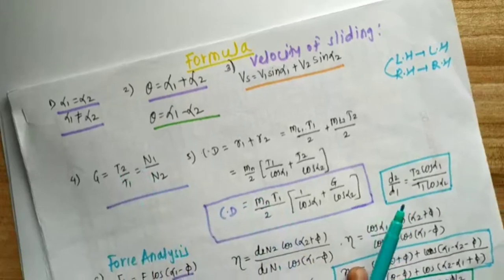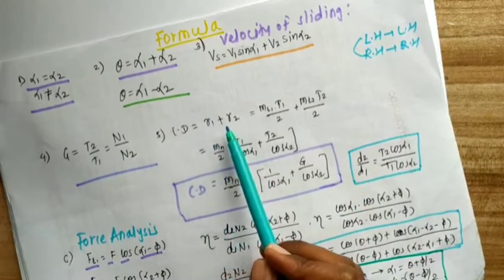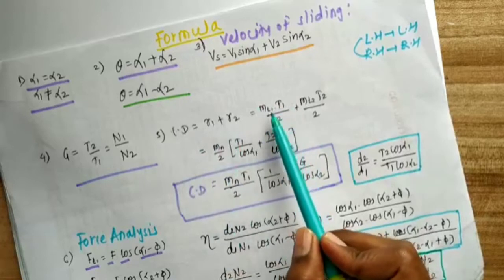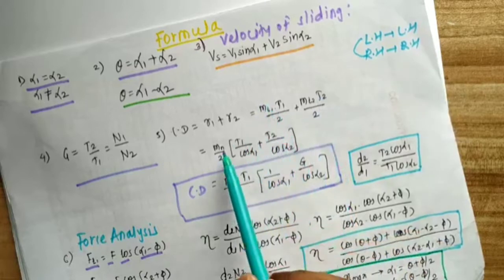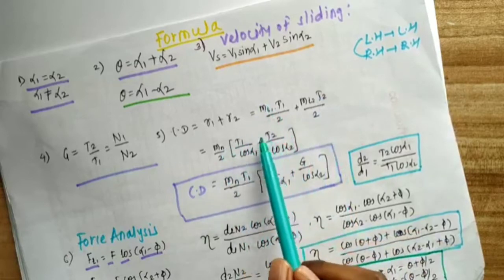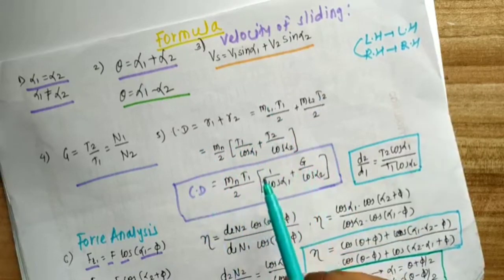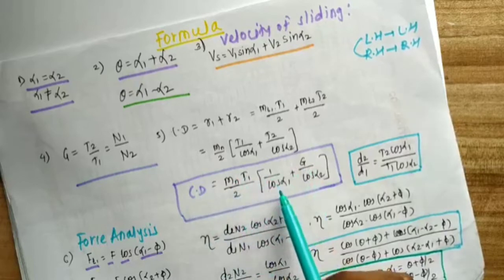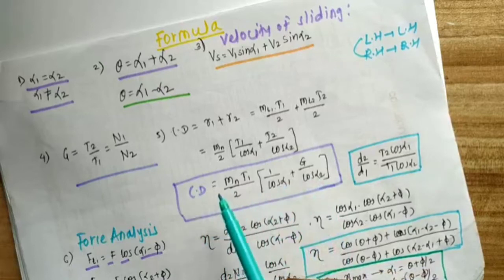Then center distance formula, and we know how we derive it simply. First we take center distance always equal to R1 plus R2. For spiral gear, we first express it in terms of transverse module and teeth, that is MT1 T1 by 2 plus MT2 T2 by 2. Then we express MT in terms of Mn, and finally we take T1 common to get the expression of center distance in terms of gear ratio. So our formula for center distance is Mn into T1 by 2, 1 upon cos alpha 1 plus G upon cos alpha 2. We come to know that center distance is derived in terms of gear ratio, spiral angles and normal module.